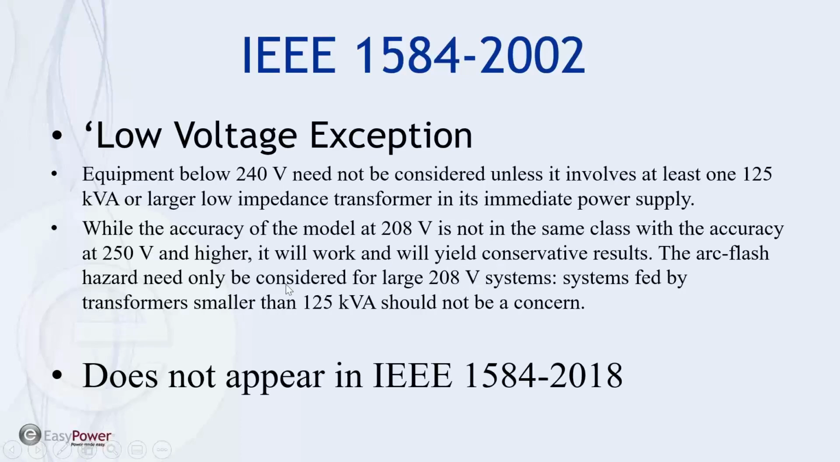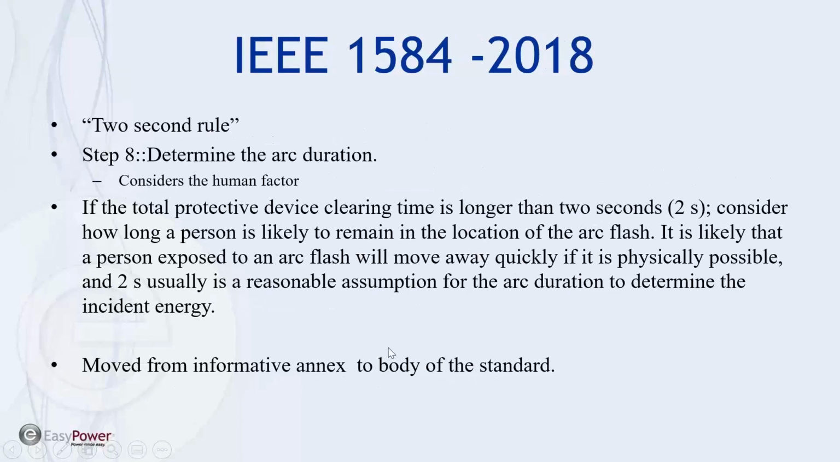The arc flash hazard need only be considered for large 208 volt systems. So anything smaller than 125 kVA should not be concerned. Basically, they were disregarding 240 volts or less if it was supplied by less than 125 kVA. Well, in subsequent testing and the release of IEEE 1584-2018, this was no longer included in the documentation. Now, it's not as a result of this, but in conjunction with that change, in 1584,